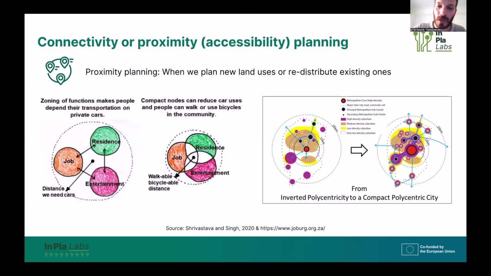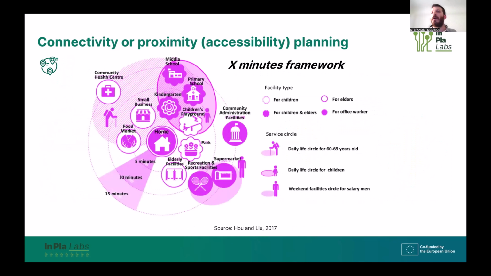But when we talk about neighborhoods and proximity, well, X minute neighborhood or X minute city, 15-minute city, if we want to declare one specific time threshold, they are really helpful for understanding the proximity planning context. So we can see here community center, health centers, and public health is really important. We mentioned that before. We can see small businesses, food markets, and according to literature, food markets are a really essential place that we should approach in less than 10 minutes.